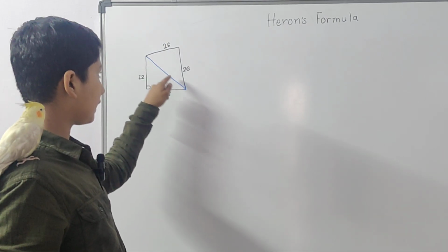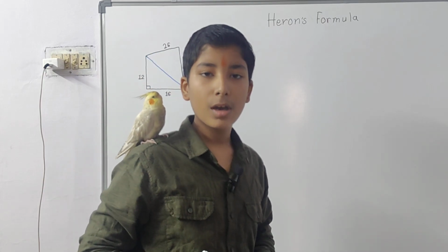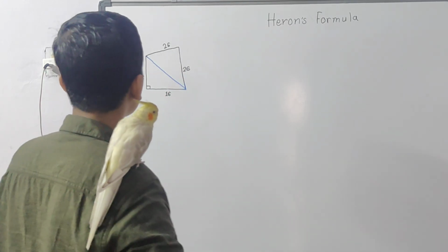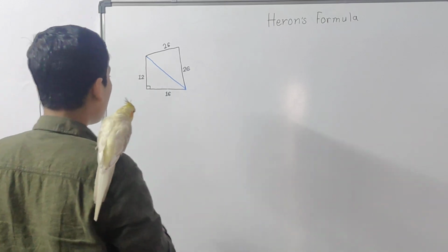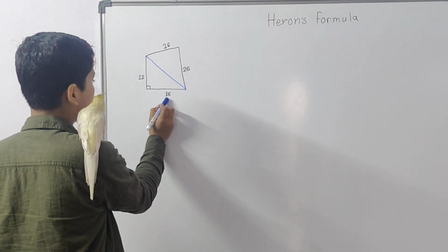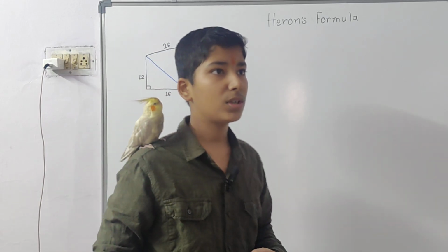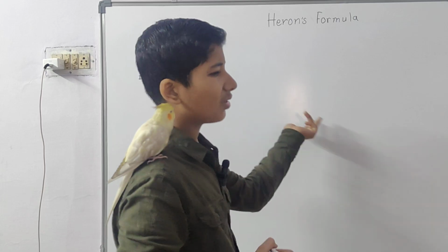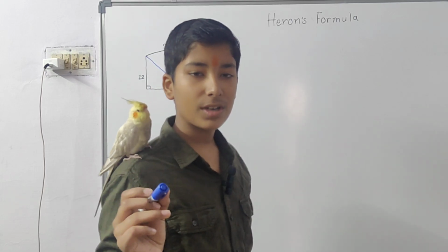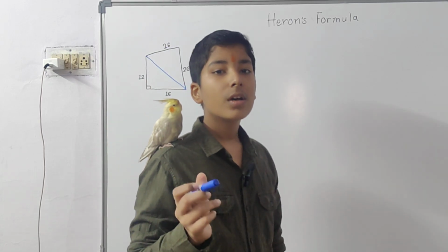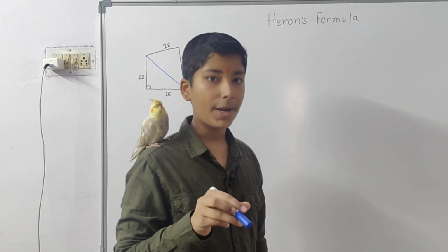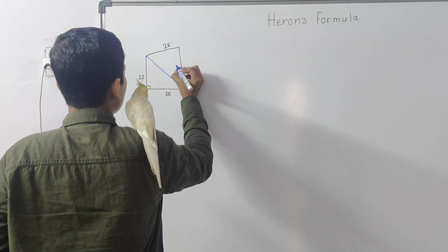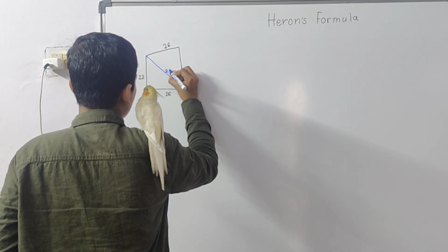Yes, so this is the line which I have drawn to divide this quadrilateral into two triangles. Now see, this side is 12, this is 16. So by using Pythagoras, the length of this side will be 20. I won't write it out in full, as I told you in the previous question how to write it.